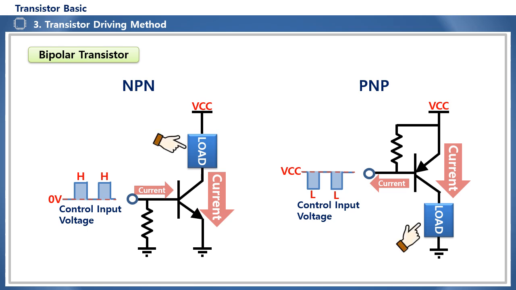Another thing to remember here is that for both NPN and PNP, the load, i.e. the element to be driven, must be connected to the collector terminal. Why is that? Because the control current is determined by the voltage conditions between the base and the emitter. If a load is connected to the emitter side, the appropriate base side control current adjustment is impossible, so the load is configured to the collector terminal, which is a terminal independent of the control current.